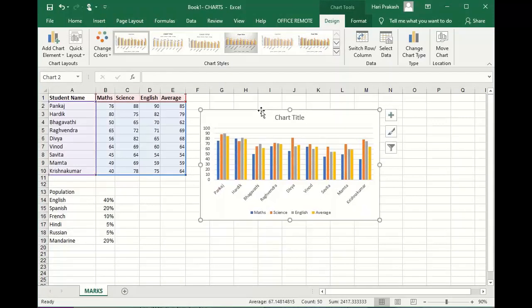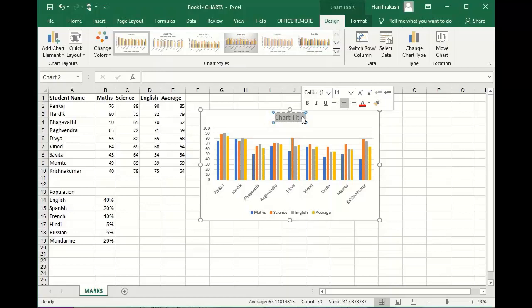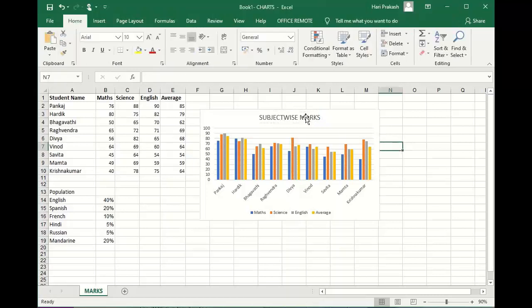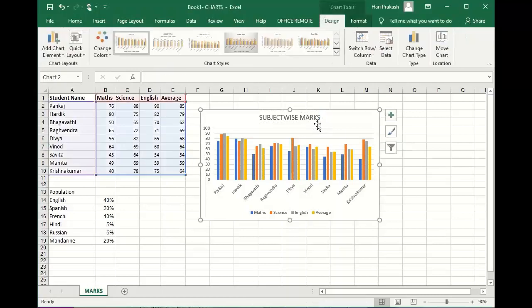Once you have the chart ready, first change the chart title. Let's give the chart title as subject wise marks as the title of the chart. Now the chart is ready, but this chart has got different elements,